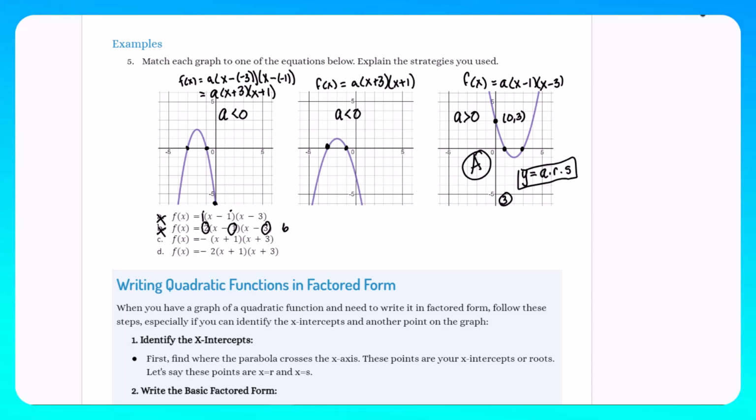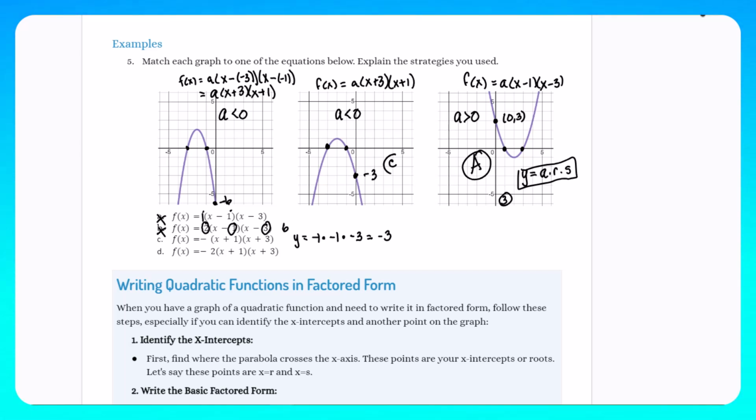We also notice this one has a y-intercept of negative 6, and this one has a y-intercept of negative 3. So that one's negative 6 and negative 3. Well, let's look at what, for this one, a times r times s is. For this one, we have negative 1 times r. Well, this r actually, remember, this is minus negative 1. So we have to say negative 1 here, times the s, which is minus 3. So this gives us negative 1 times negative 1 is positive 1, times negative 3 is negative 3, which means